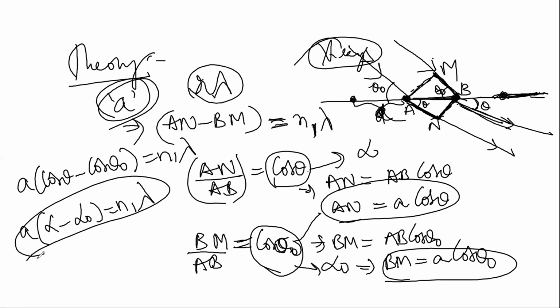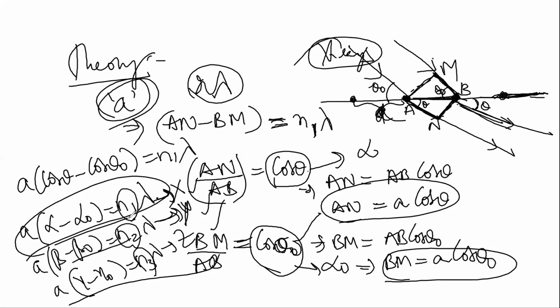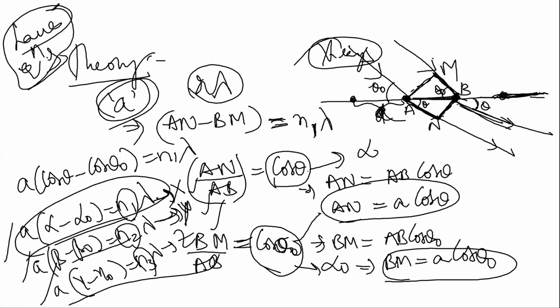If I consider 3 dimensions, I can calculate A into beta minus beta naught equal to N2 lambda in the y direction. This is in X, this is in Y. I can calculate A into gamma minus gamma naught equal to N3 lambda. This comes under the Z direction, right? So I have X, Y and Z directions. It is A into alpha minus alpha naught, A into beta minus beta naught and A into gamma minus gamma naught, where N1, N2, N3 are integers, right? Right, students? N1, N2, N3 are integers. So these three equations are termed as Ley equations.